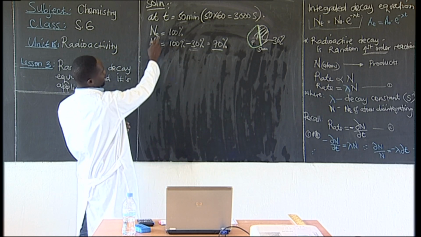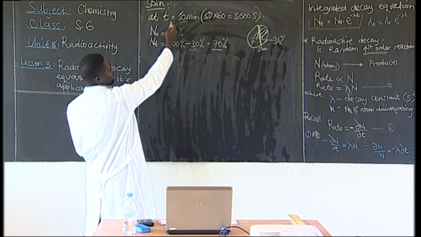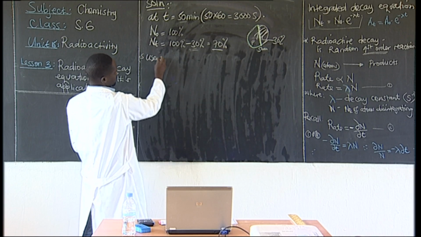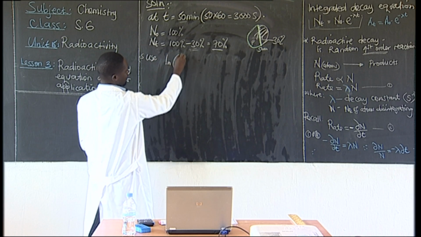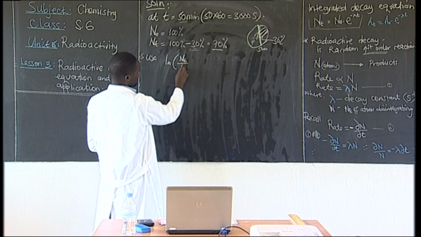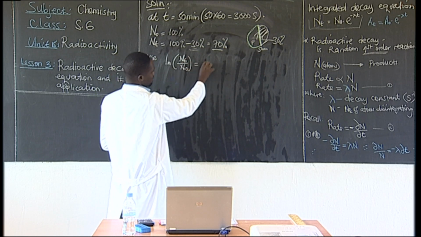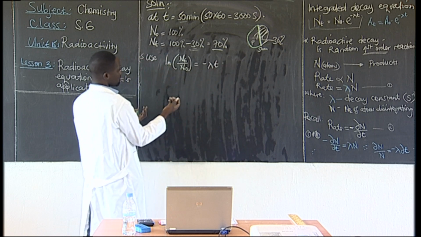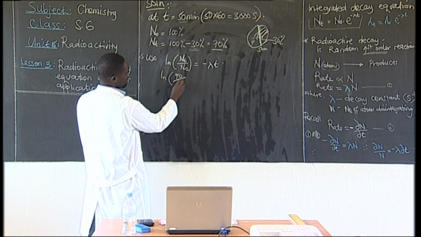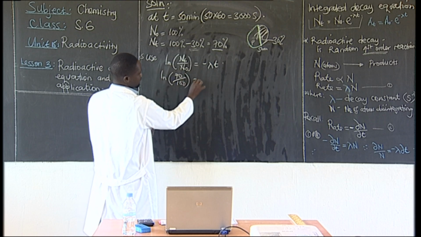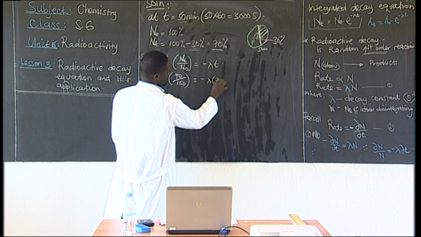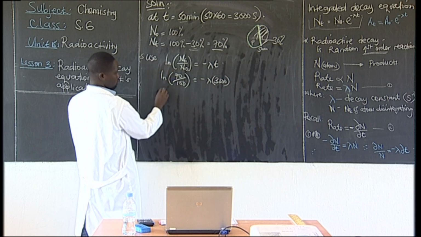So, with our N naught and NT and time, can't we substitute? Let's use our formula, ln of NT over N naught equals negative lambda t. Substitute directly. ln of 70 over 100 is equal to negative lambda times the value of t, which is 3,000. So, lambda,